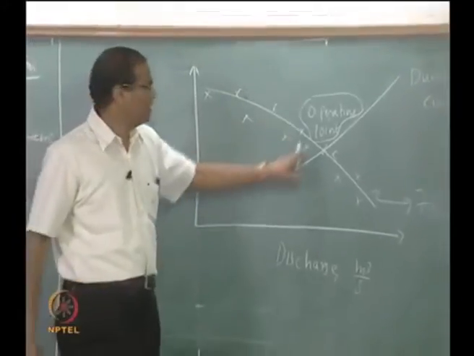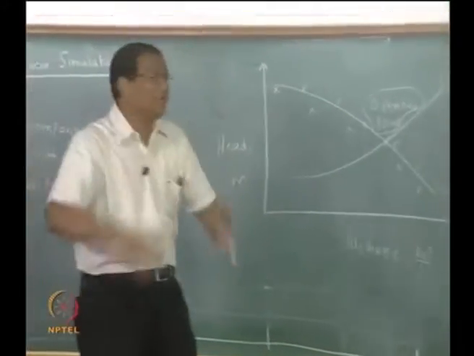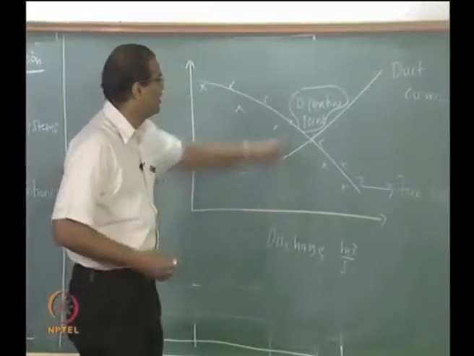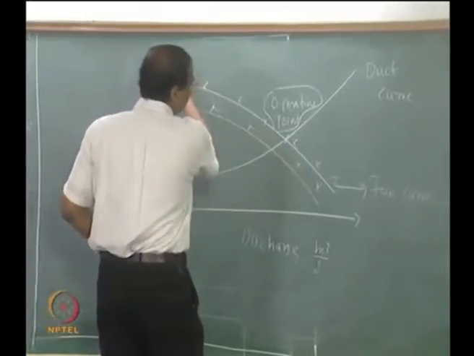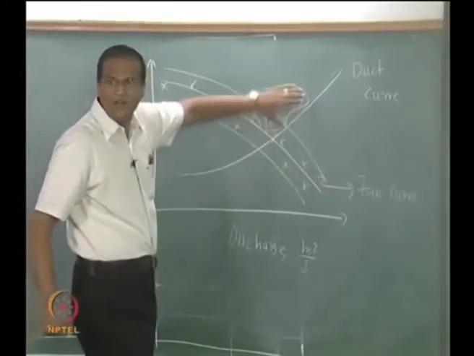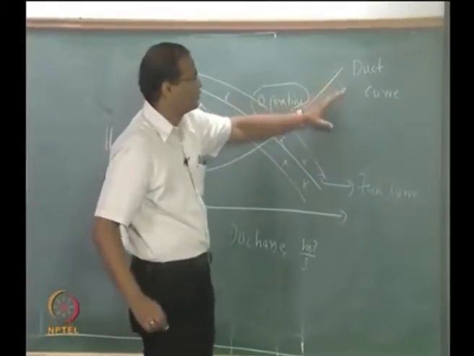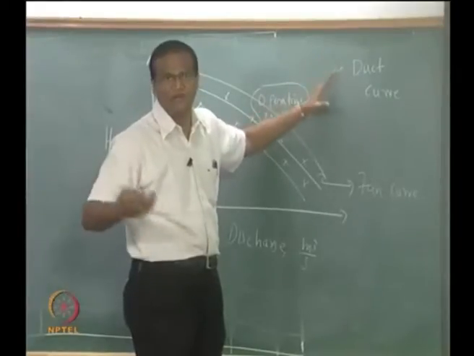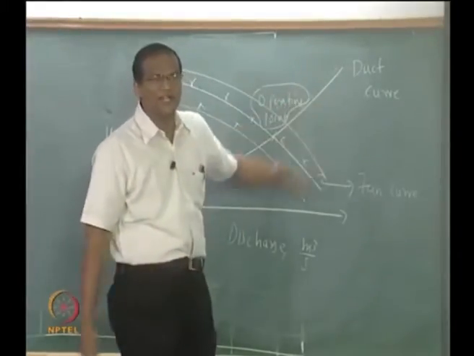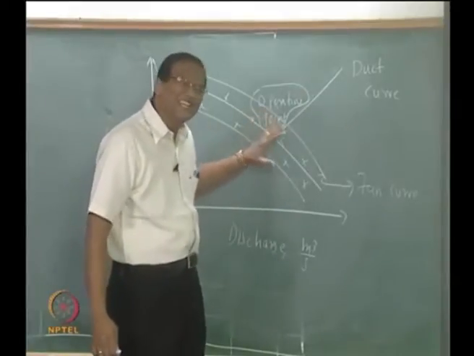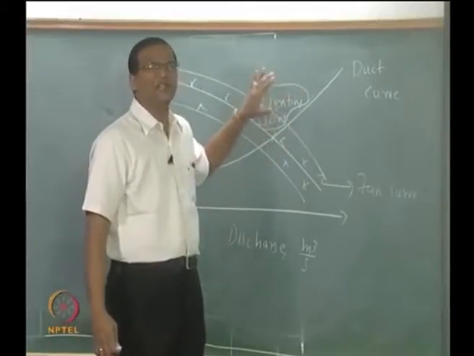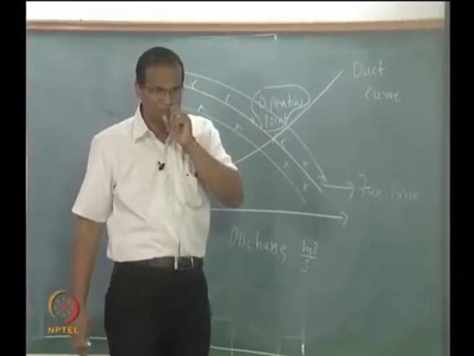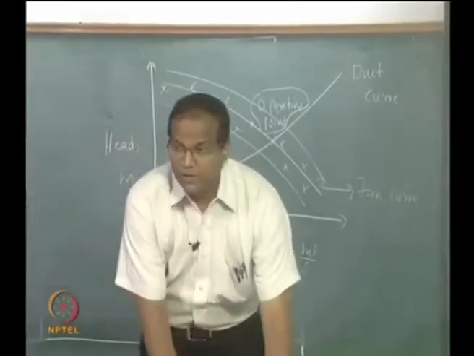Once you have these two curves, then you can determine the operating point. Then you have to determine the sensitivity of your operating point. For example, it is possible that with time the fan curve can go up and down. This can also go up and down depending upon the age and other things, and the friction factor may increase or the efficiency of the pump may decrease and so on. So you will have to study the sensitivity of the performance of the equipment or the system with respect to the change in the design operating conditions. Alright. Now shall we solve a problem on this?